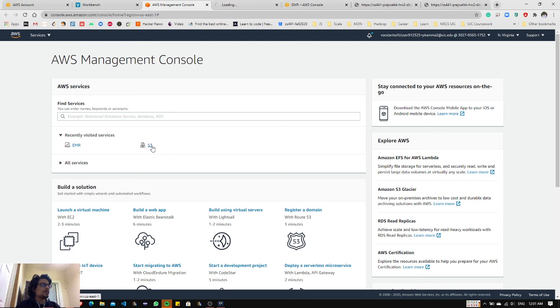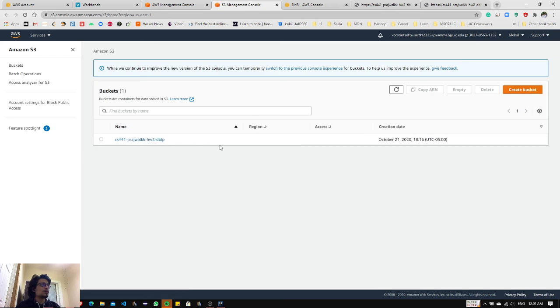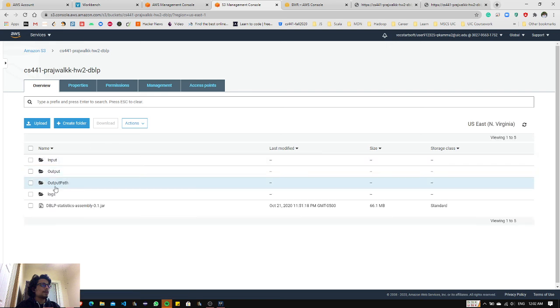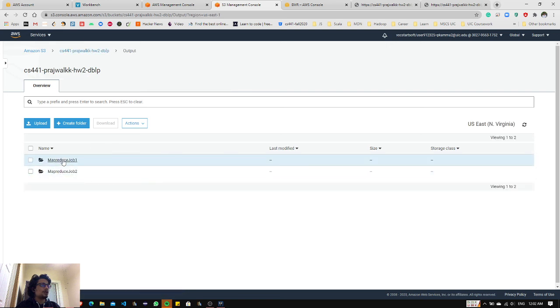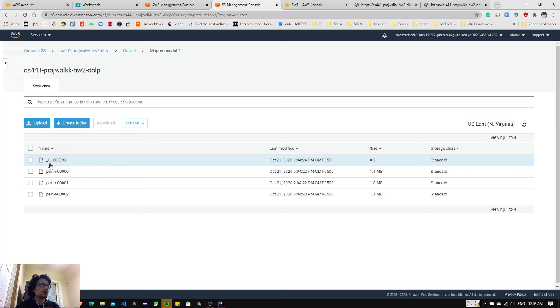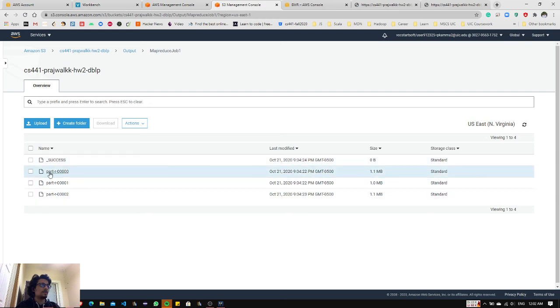I specified the S3 path here, so it's going to be in this output folder. This is the first job, so these are the part files, and you can just download them and use them for any analysis if you want. That's it. It's pretty simple.